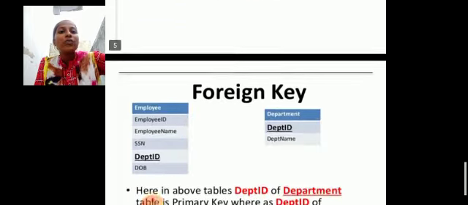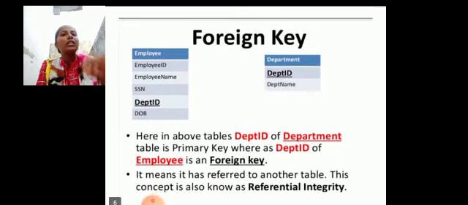So next we are having the foreign key. So what is foreign key? There is an example having two boxes, that is two tables. Those are employee table and department table. In the two tables the common thing is, what? Department ID. In the department table also it is having the department ID, and in the employee table we are having the department ID. So we are having the same thing in the two tables.